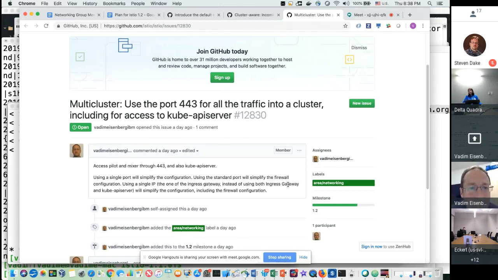I was going to propose the same thing for the Kube API server, having access with mTLS with our security on top. That's wonderful, and I'll be very happy to see 443. I think we maybe had it at some point, but for the same reason of firewall configuration, we still need a way to configure a different port.